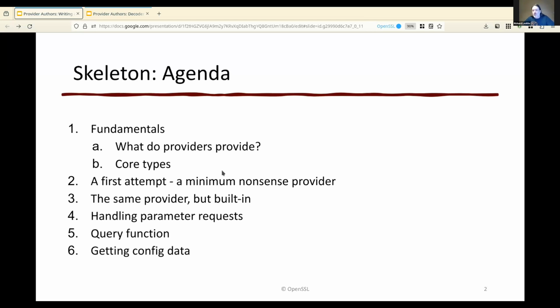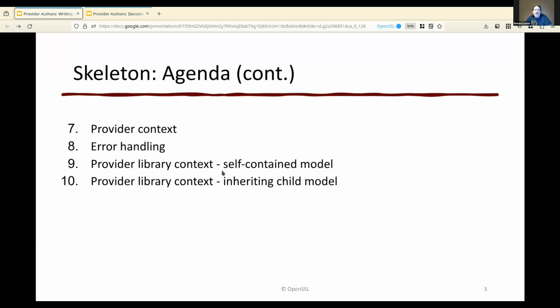Handling some parameter requests, doing a query function, getting some config data, and I'll finish up with talking about the provider context, how to do error handling, and in what ways you can deal with a library context. So with no further ado,